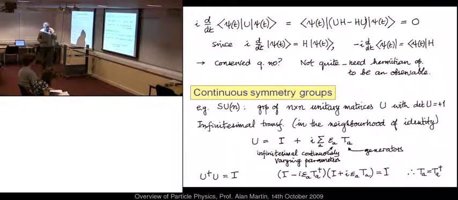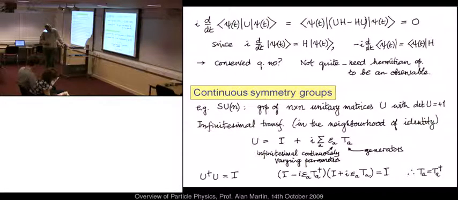Now, as it's a continuous group, you can actually build everything from the neighborhood of doing nothing. This is doing nothing. And so if this is doing nothing here, you can build the whole group properties from just doing some infinitesimal operation from that identity. So you have a rotation, for example, you only need to rotate a very small amount in all the directions to get all the properties of the group, because you can do repeated small operations and you can build up a finite one. So it's only necessary to consider very infinitesimal